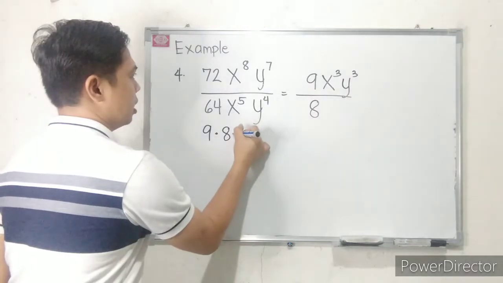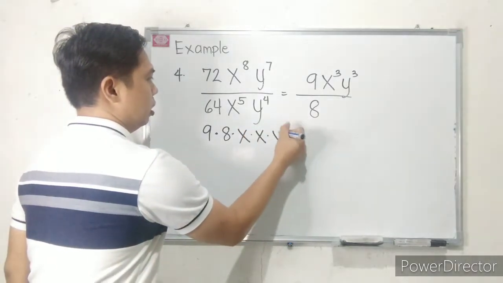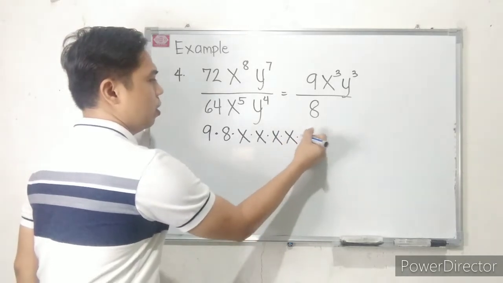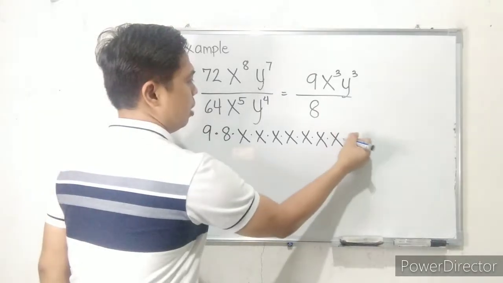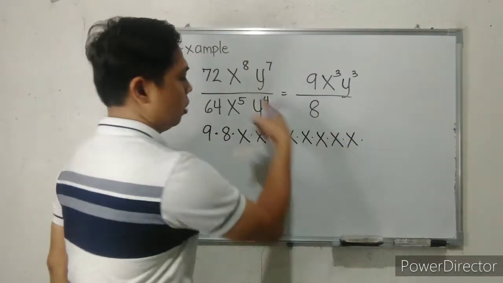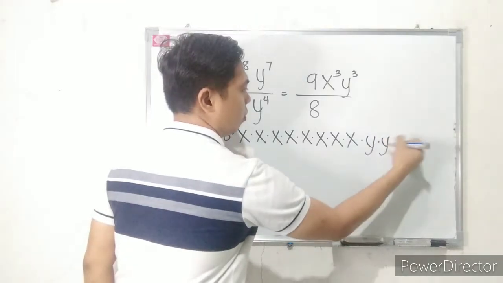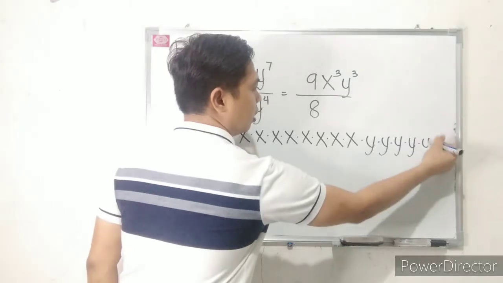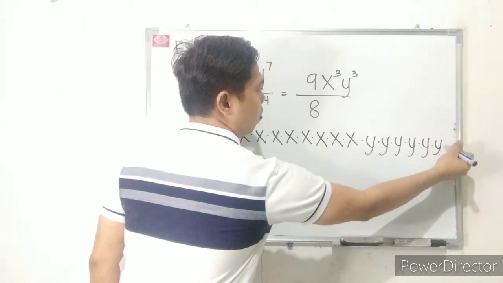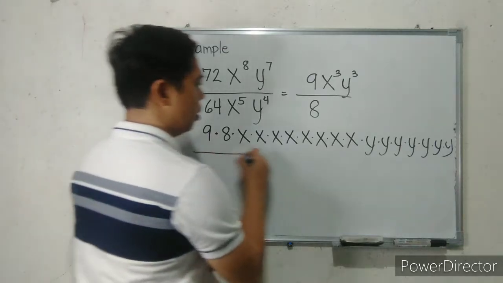Tapos, ilang x? 8. 1, 2, 3, 4, 5, 6, 7, 8. So, ilang y? Ito. 1, 2, 3, 4, 5, 6, 7. All over